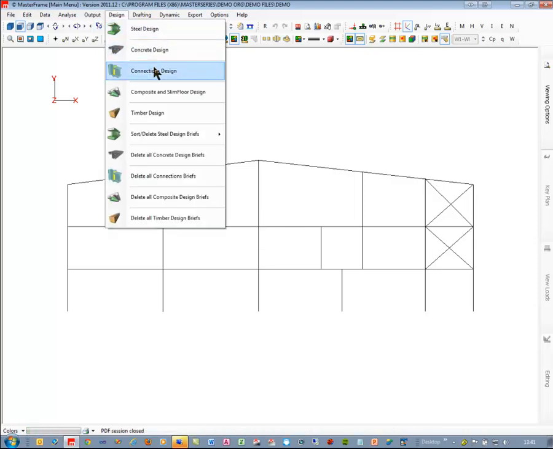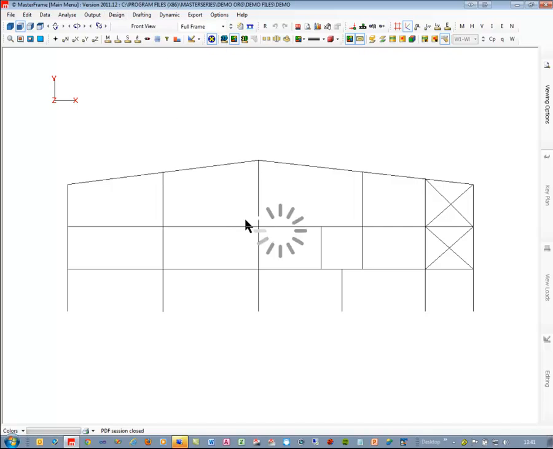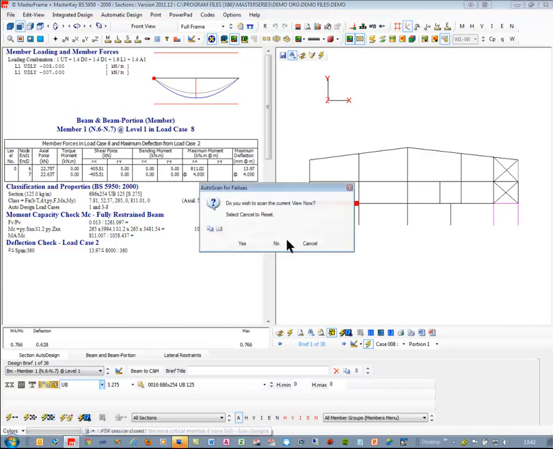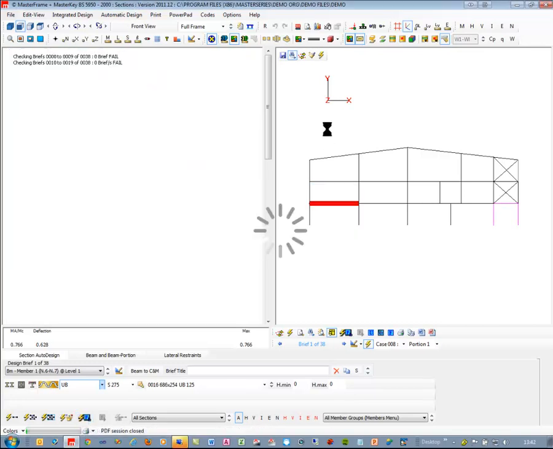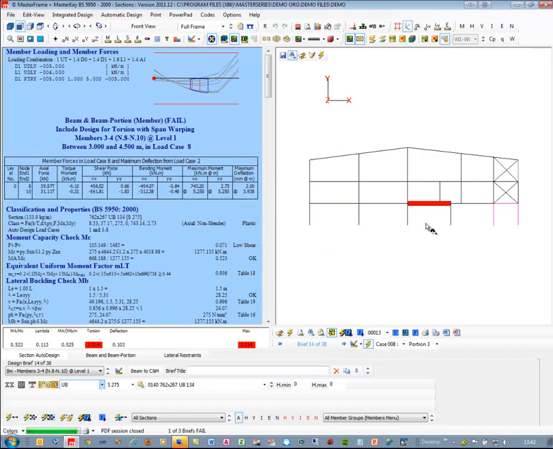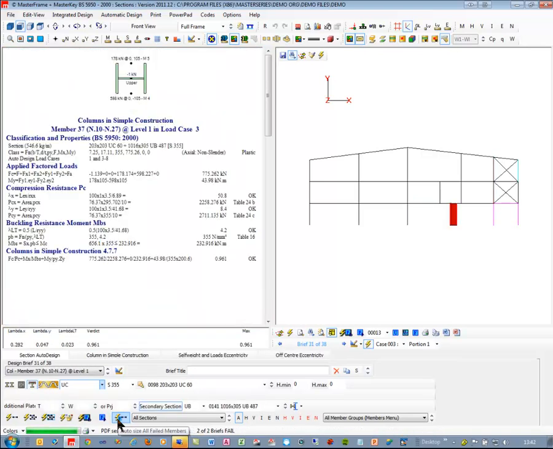design, steel design, and we would scan to see if that has caused any problems. So my auto design and scan for failures. It's going to run along and see what members are failing. Three have failed due to these P deltas, so we got a little extra failing over just over here, and I can ask it to fix those members that are failing. So it's now fixed those,